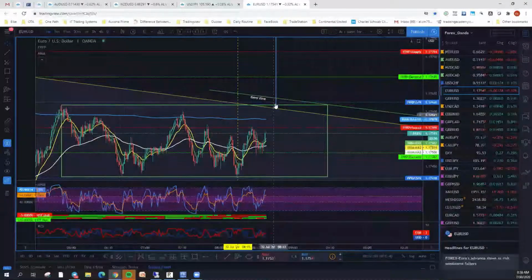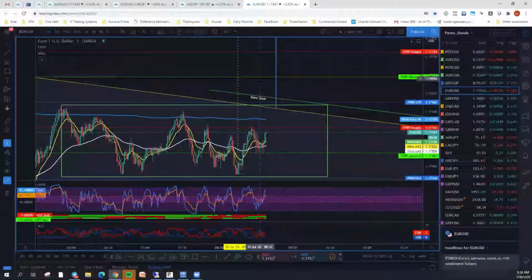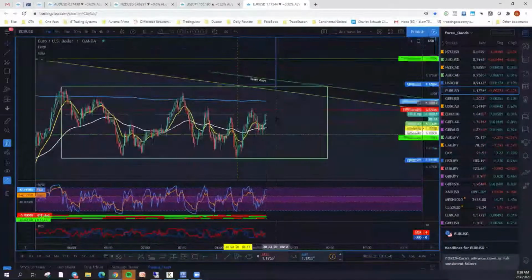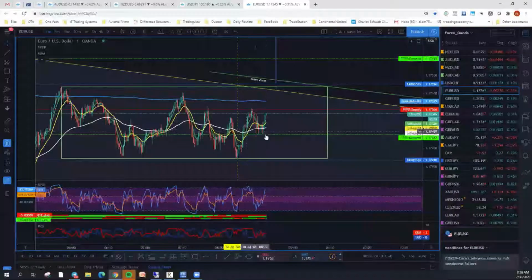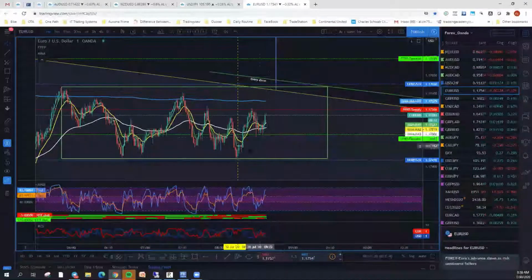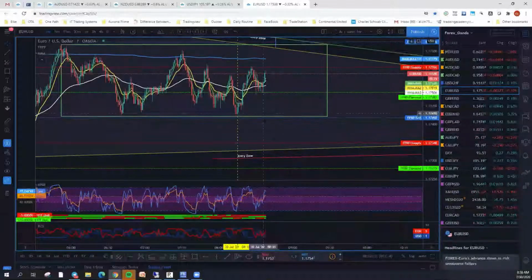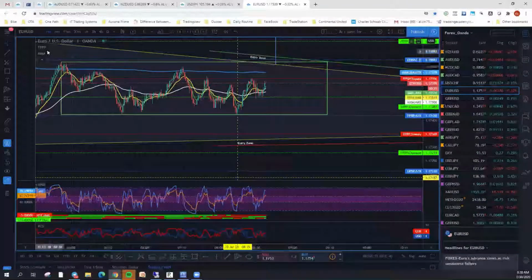And you can see we have some more fib lines right here. Once it breaks out of the top, this would be the next 7 pip area, that'd be 14 pips to the upside, and then that's 21 pips to the upside. But right now you're right in the middle of everything. So I'd like to see this thing break out of the bottom of the wedge, which is way down here. But until then, you just have to bide your time and wait.